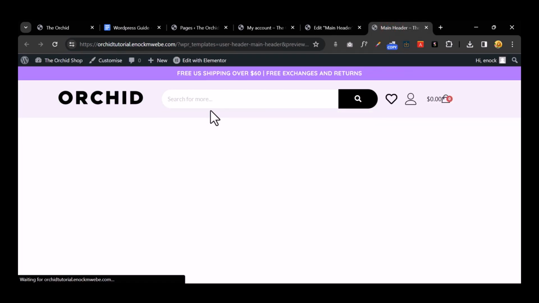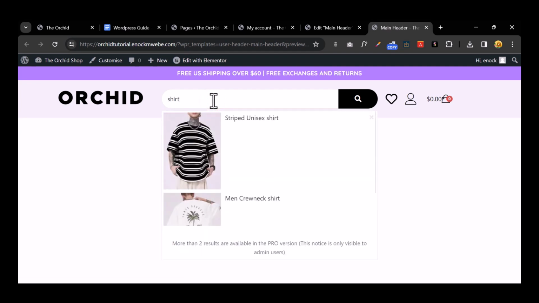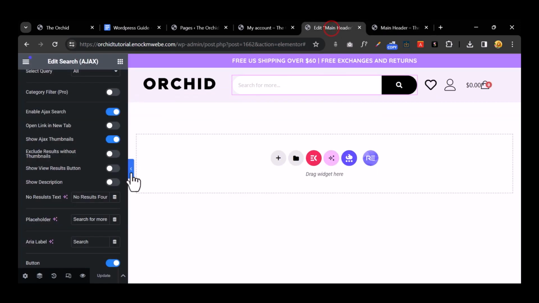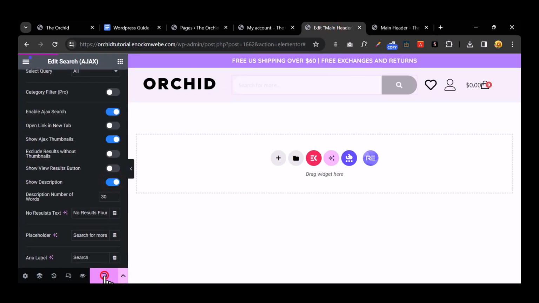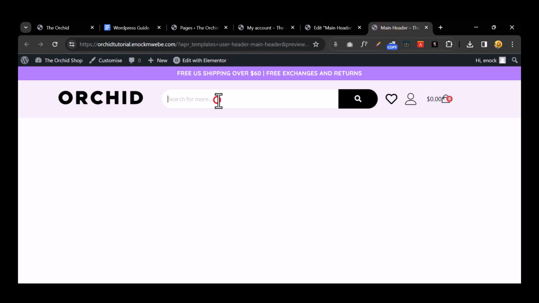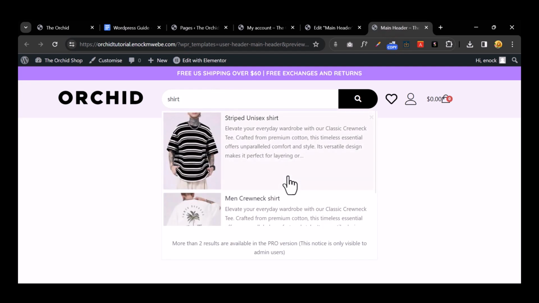So it has updated. Let's search for an item like shirt. So now it's displaying shirt once again, but I think the description we can turn it on once again. So we can search for shirt once more, and it's here. So it's saying more than 2 results are only available in the pro version. Yeah, so you guys, if you really need this feature on your website and you're comfortable paying for the Royal add-ons,